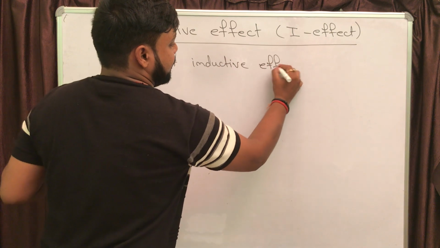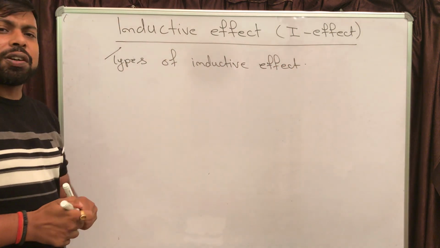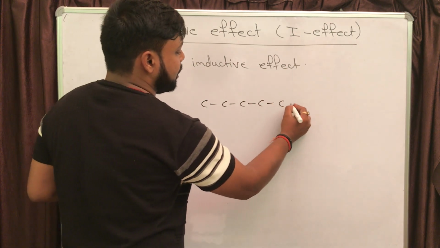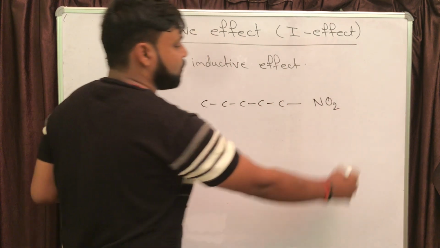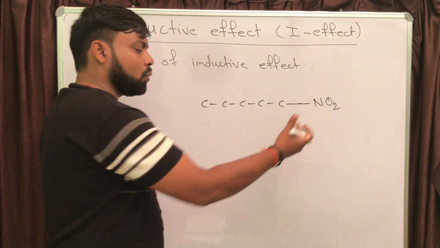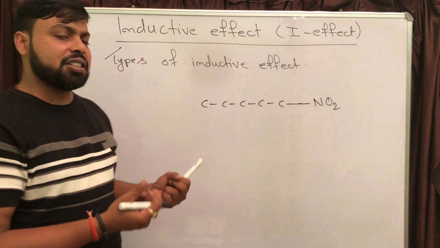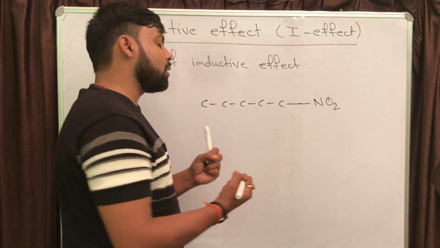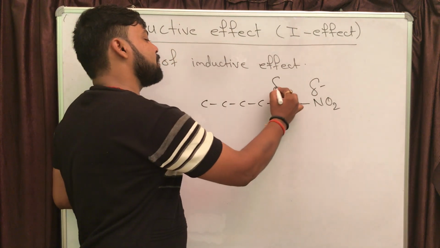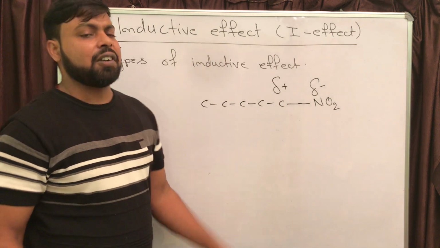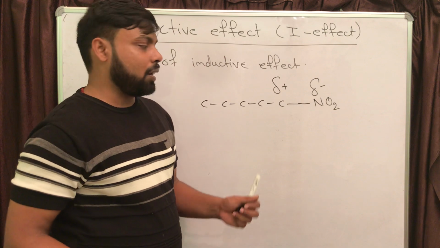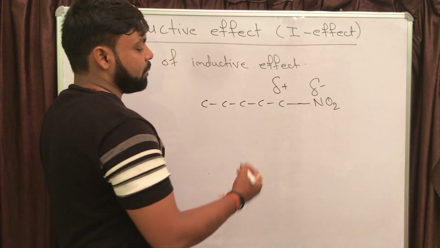Inductive effect. Now, if you observe the previous example that we were taking, it was a carbon chain and then one polarizing group, which is NO2, is attached. Since NO2 has more electronegativity, it has more tendency to pull the bond pair electron. Nitrogen is going to get some partial negative charge, alpha carbon will get some partial positive charge, and then if alpha carbon becomes electron deficient after getting the partial positive charge, it will pull the bond pair electron from the next carbon bond, the carbon-carbon sigma bond.